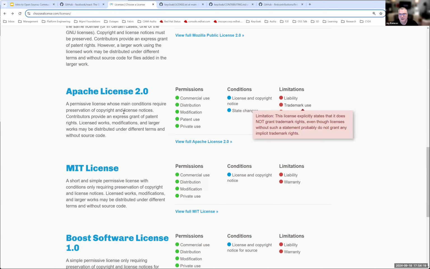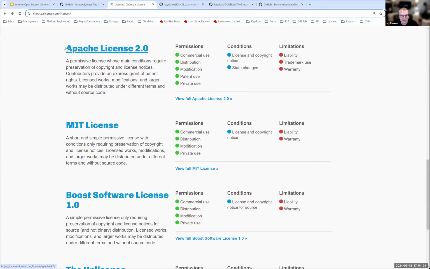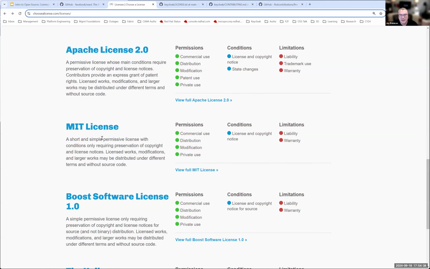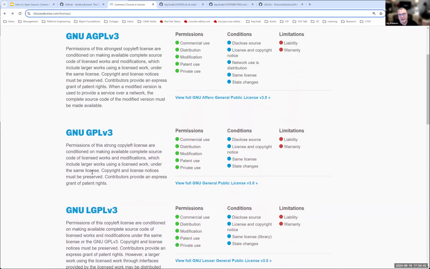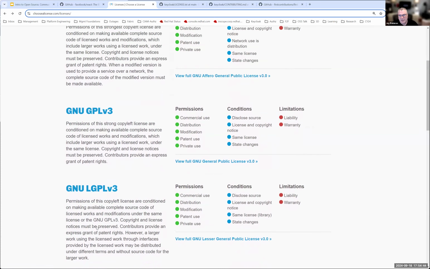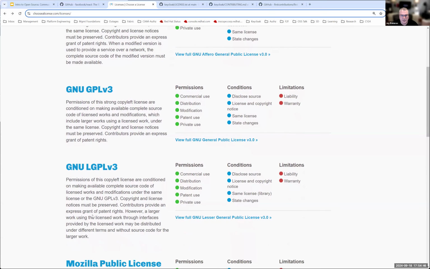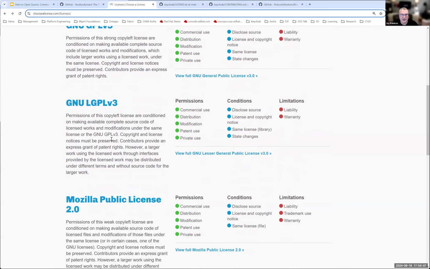Trademark use, like React is a trademark. It's got a logo and everything. Can you just use the React logo wherever you want? And then a warranty. Most of the warranties say there's no warranty, but it's very specific, right? So Apache 2.0 and MIT license are two of the more common ones that I use and have been involved in. Although there are some other ones like the GNU Public License and different ones, and they all have a little different meaning. I'm not going to get into all of the differences there.